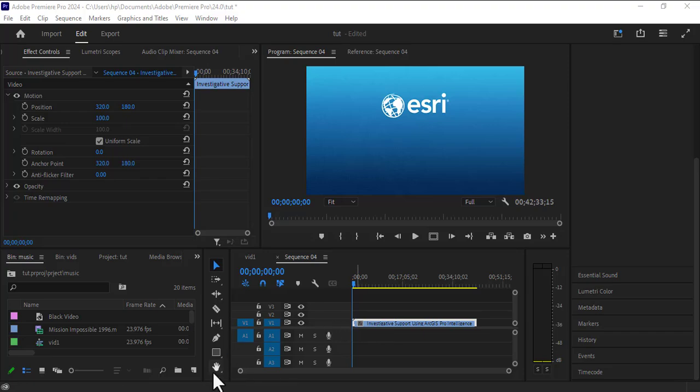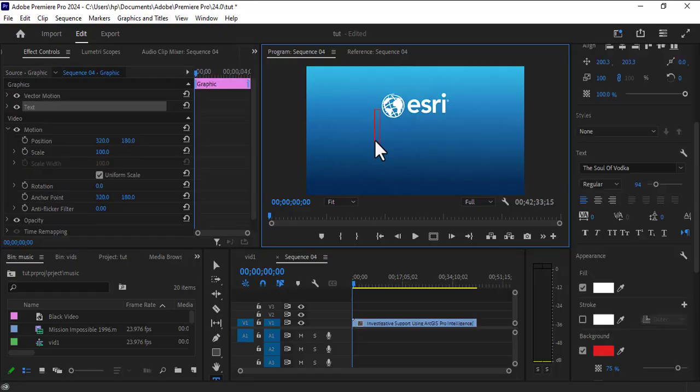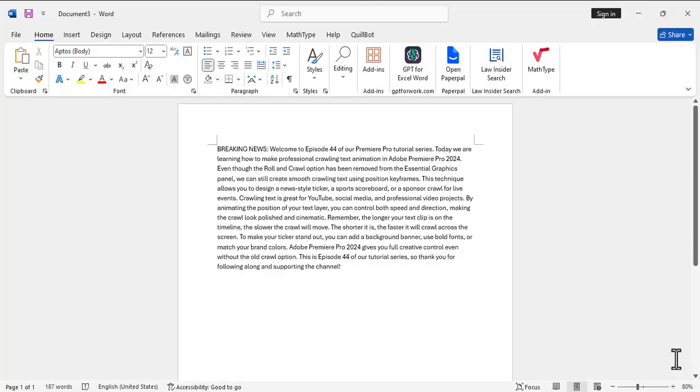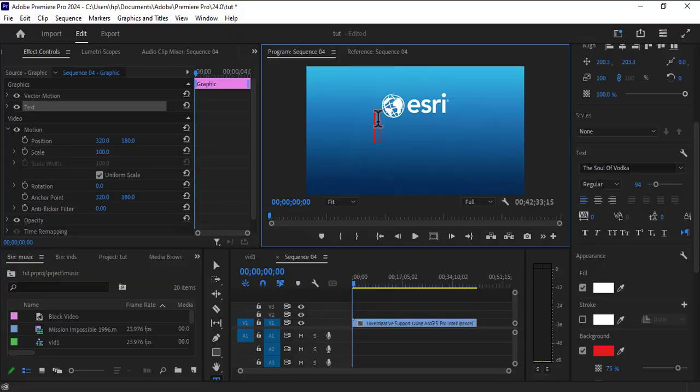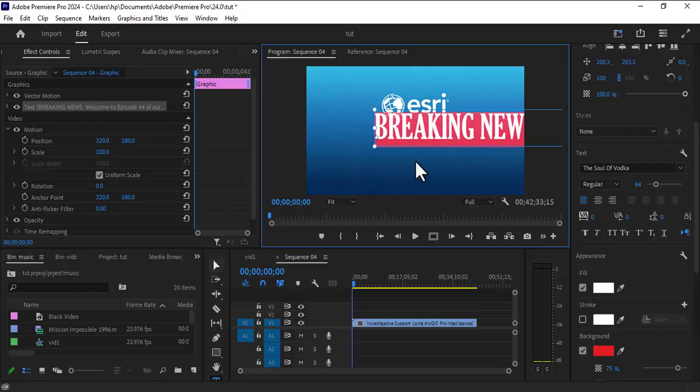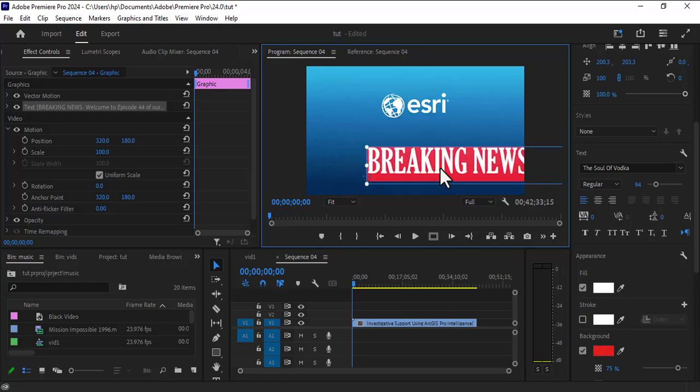To do that, you quickly just come down here and click on the text icon, and then you place it on this place. Then I have a Microsoft Word document that I have here, randomly generated, so I'll just copy it and take it back to the Premiere Pro. Sorry. So I'll just paste it. Now the text is long because I've done something with this, so I'm just going to drag it down, and then I'm going to click and then go to